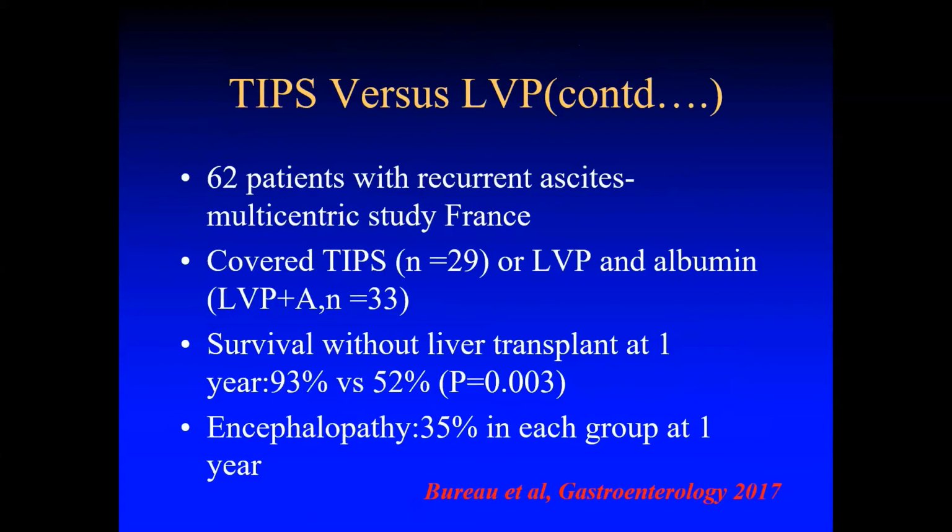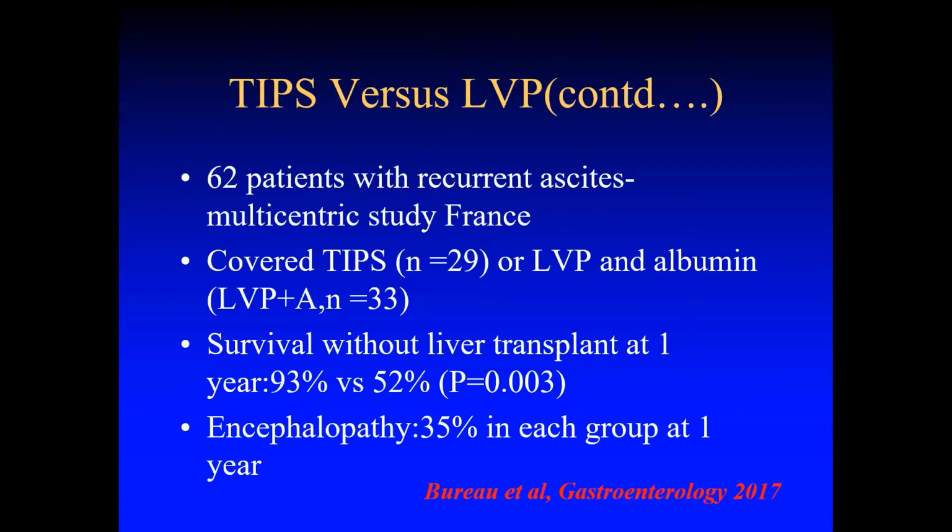In this study, they used 62 patients with recurrent ascites. It was a multicentric study from France, in which they used covered TIPS in 29 patients, or LVP and albumin in 33 patients. The survival without liver transplant at 1 year was estimated, and it was 93% versus 52%, and this was